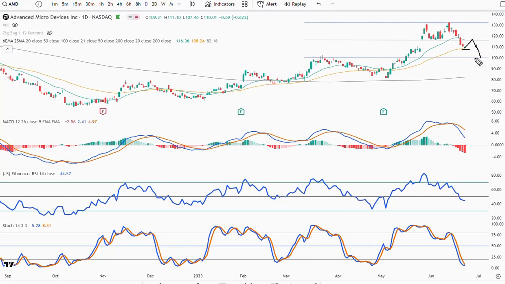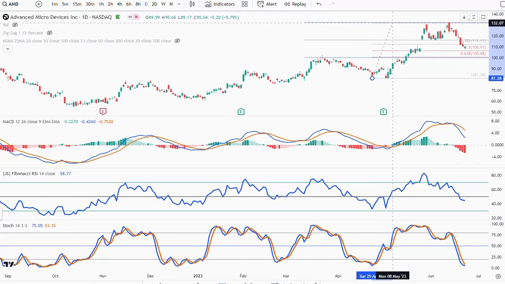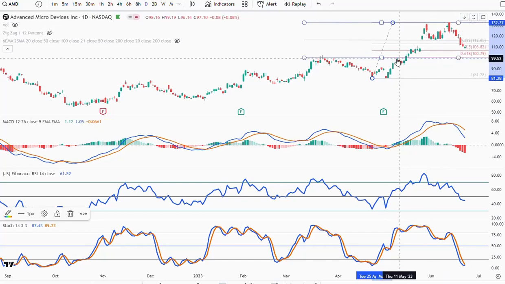This is around 100. Why is this level so relevant? That's because, having traded between these two zones, a measured move of this distance is this level. And you can see that this level also was a resistance previously. So if it pulls back, can this level act as a support? Also, if I hide all of those and draw a fib from this level to the top,